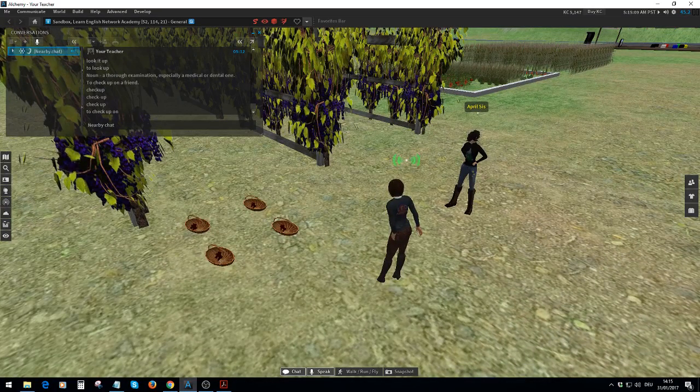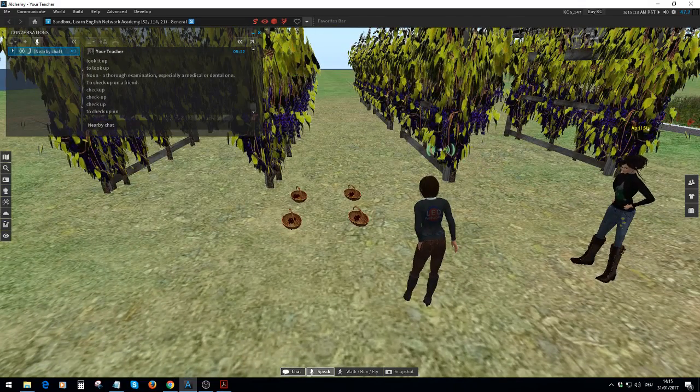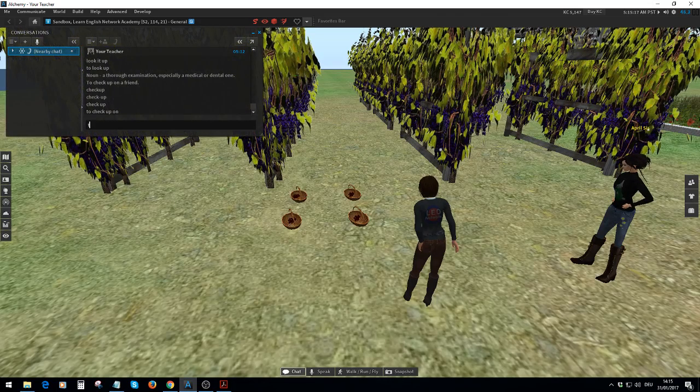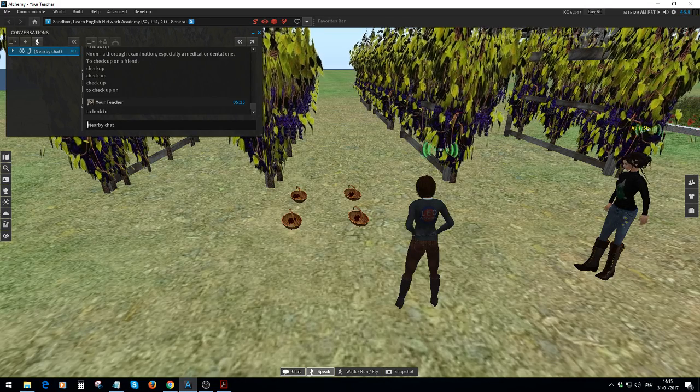Okay. Now, what I'd like you to do is look in the baskets. What can you see in the baskets? What can you see in the basket? To look in. I'm looking in the basket and I see